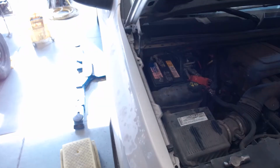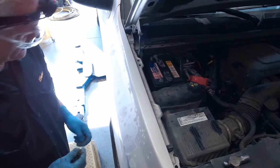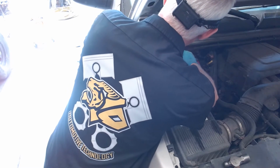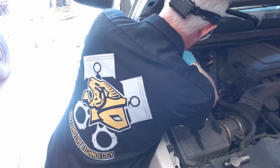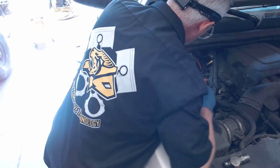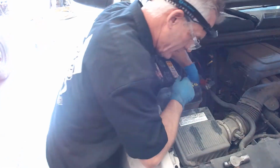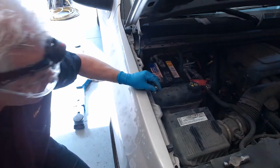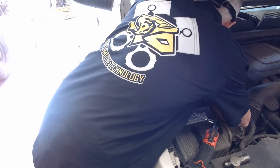Okay, so here we go. We're going to put these bolts back in. Put this bracket back in here. I actually put the battery back in backwards. I know you're laughing. It's okay. I feel your pain. You should laugh. Mr. L had put it in backwards. It wasn't fitting quite right. So now